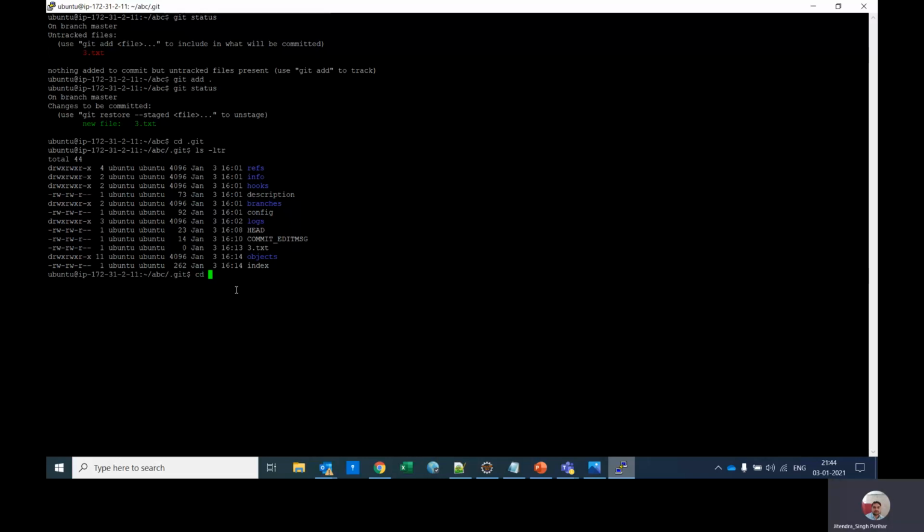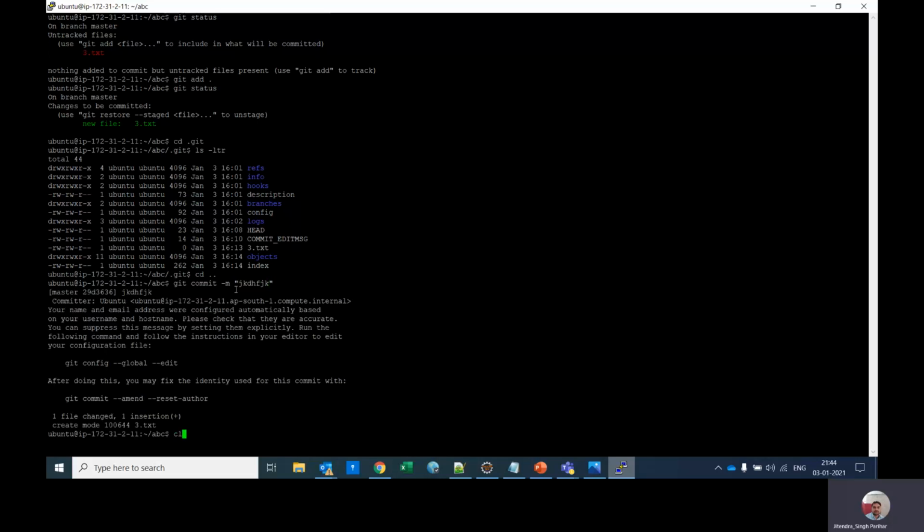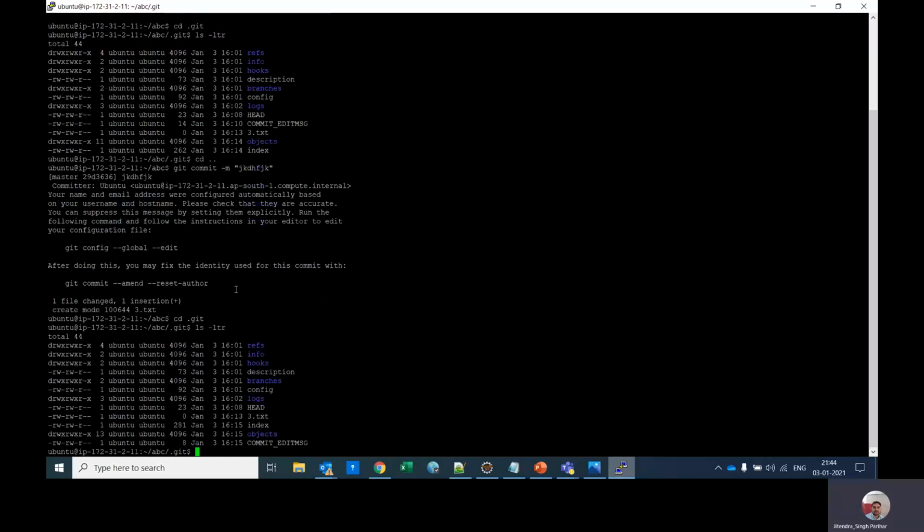Okay, cd dot git. I'm just going to commit -m with a simple commit message. Okay, we'll see the dot git folder. 1615. So earlier, the last time the index file was edited was 1614. Now this is 1615. It means